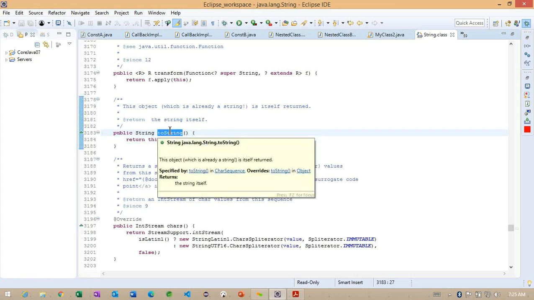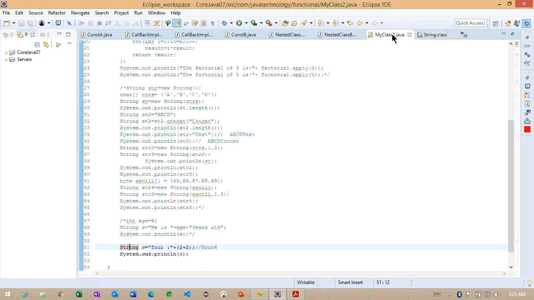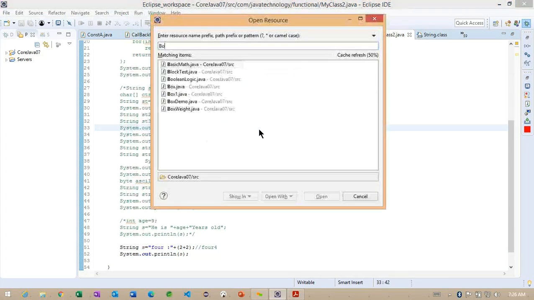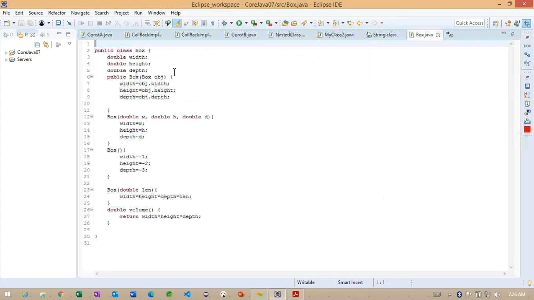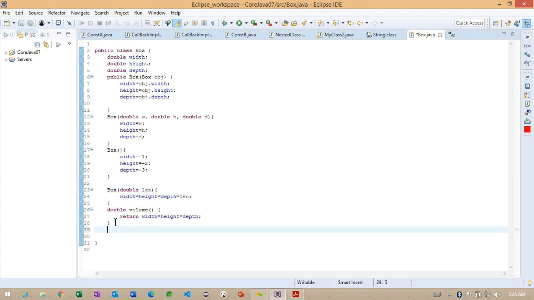Basically, what I want to explain here is that whenever we call this method called toString, it provides some output in a readable, understandable format. We'll check how exactly we can work with this toString. We already covered this in the previous example, but let me see one more. To work on this, I will go to the Box class, which we already discussed in the last class. The only difference is that I am going to add a toString method.